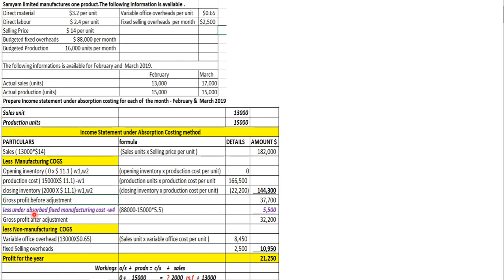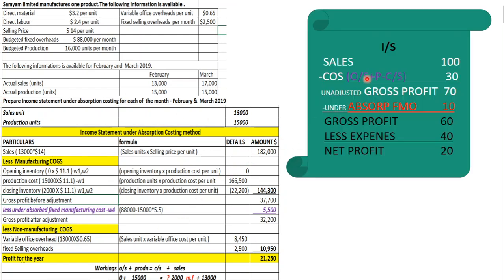This is our income statement format. Now if you want to understand this format, you can look at one more format of income statement. This is what we studied in our final accounts chapters, financial statements. So in the income statement, on the top most portion you have sales, then you deduct cost of